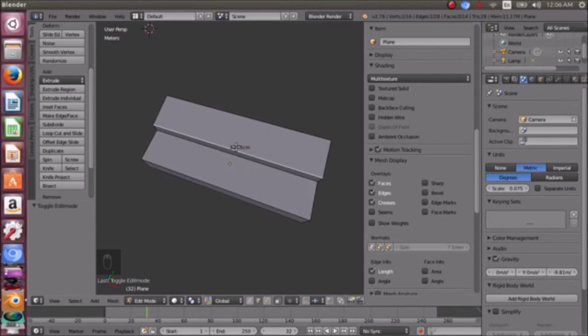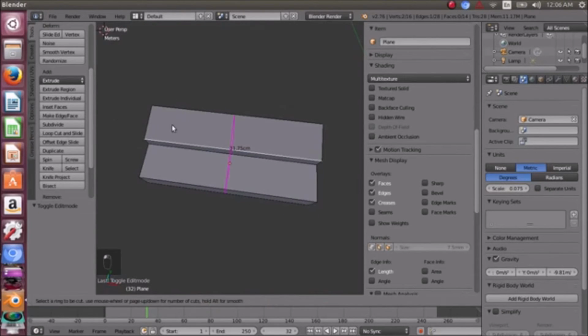So what I'll do to complete this tutorial is set up the cells, which we'll do by loop cutting on this one axis. I run the mouse cursor up to here, hit the loop, and then roll the mouse button. We need a total of 1, 2, 3, 4, 1, 2, 3, 4, 5. So we have 5 cells, 5 columns on the pedal board, and